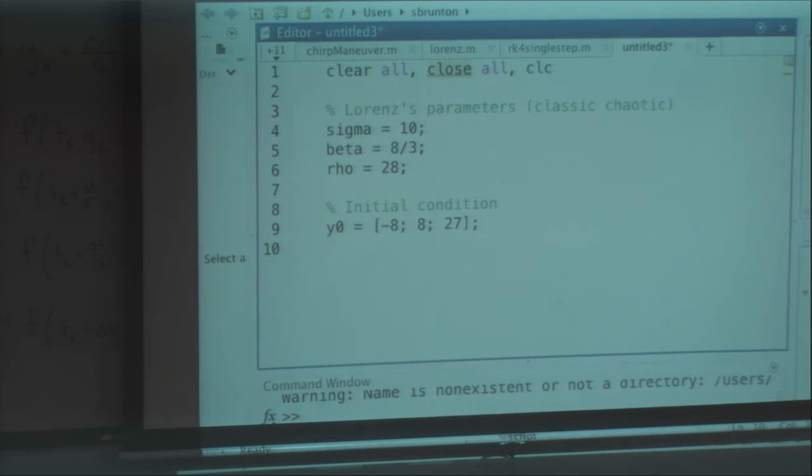Okay. And now we're going to compute our trajectory. Okay, so we need a dt. Right, we're stepping this initial condition. We're going to go from y0 to y1 to y2 to y3 and so on. We're going to build up a trajectory. And we get to pick what the dt is between each of those little steps. How big or how little of a step do I take? Okay, so I'm going to choose a small step to begin with, 0.01. And I'm going to make a time span equals 0 to dt to 4. So we're going to go from time 0 to time 4 in increments of dt.